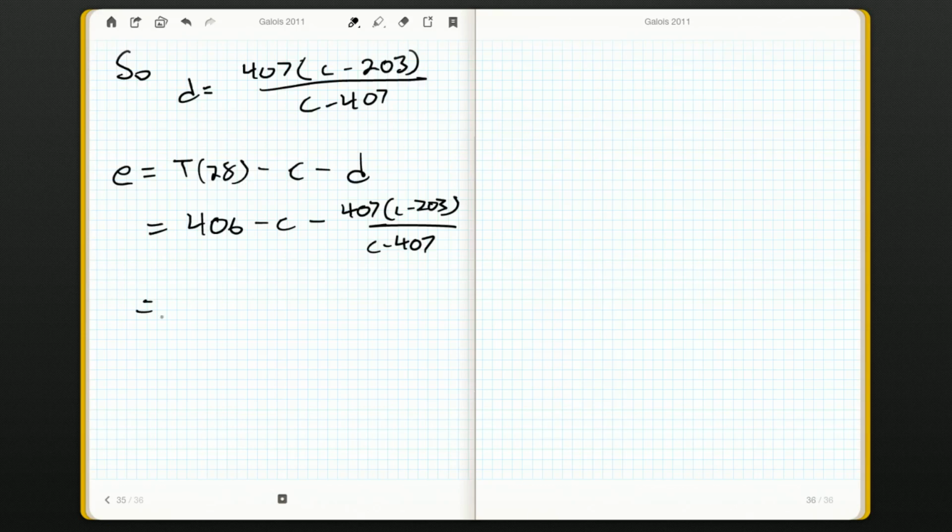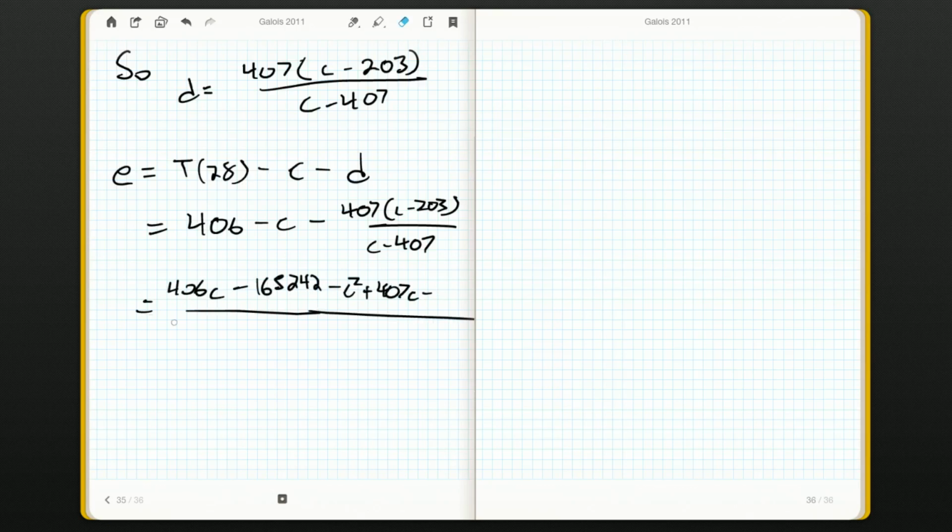Well, let's get a common denominator here. 406C minus, what's 406 times 407? 165242 minus C squared plus 407C